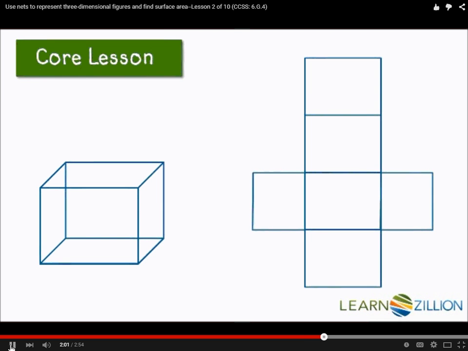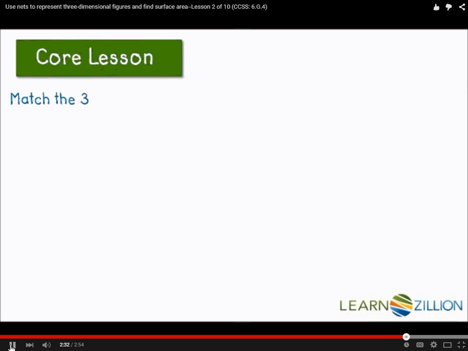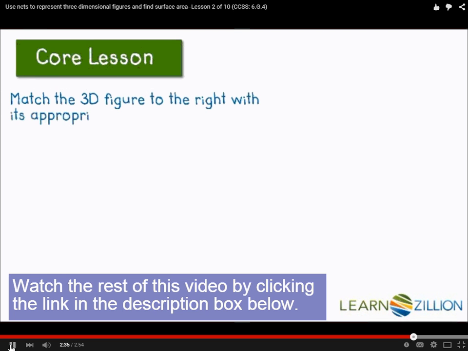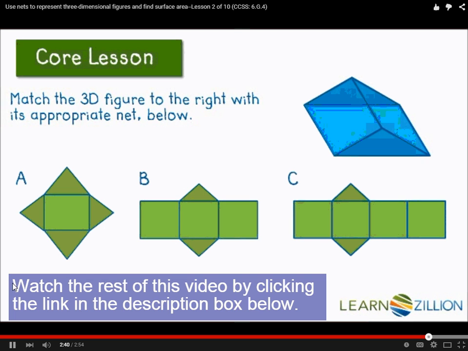Here is another illustration of a prism and its net. I want you to just watch closely so you can see sort of how the different faces correspond to each other. Right? 6 faces on the net, 6 faces on the prism, and as you can see on this image, 4 of the faces are purple, 2 of them are green. This is to help you understand a little bit more how the net might fold up to form a 3D solid. Okay, right now we're going to match the 3D figure that's going to appear in a moment to its appropriate net below. And we're going to do that by closely